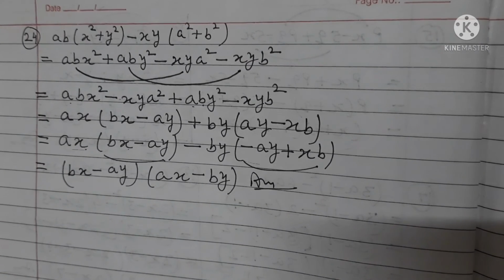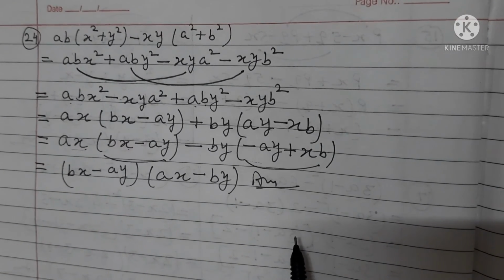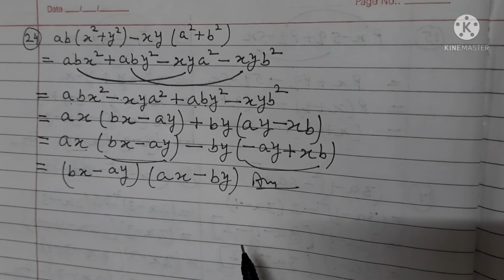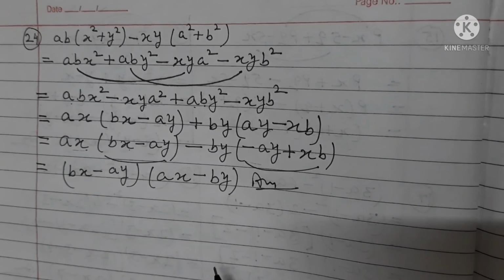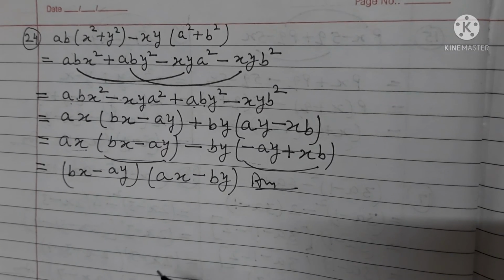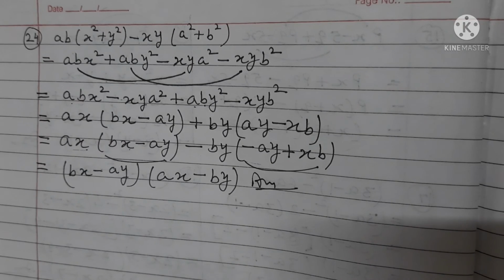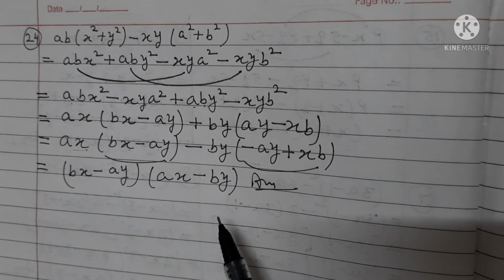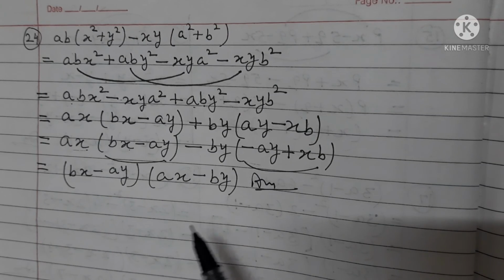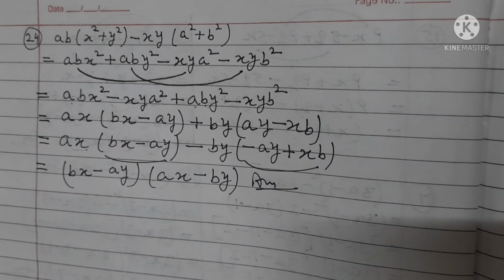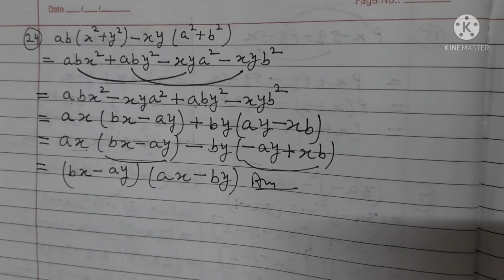Students, it's not necessary to make the same groups as I made. You can make other groups, but it should allow you to take out the common factor easily, and in the coming steps the common factor you can take out. So choose to make such groups that the common factor can easily be taken out, otherwise your question will not be solved up to the end. And we will do the remaining questions of this exercise in the next session.